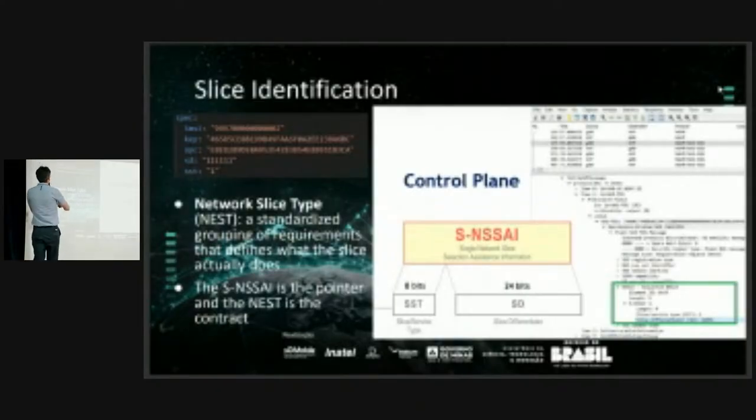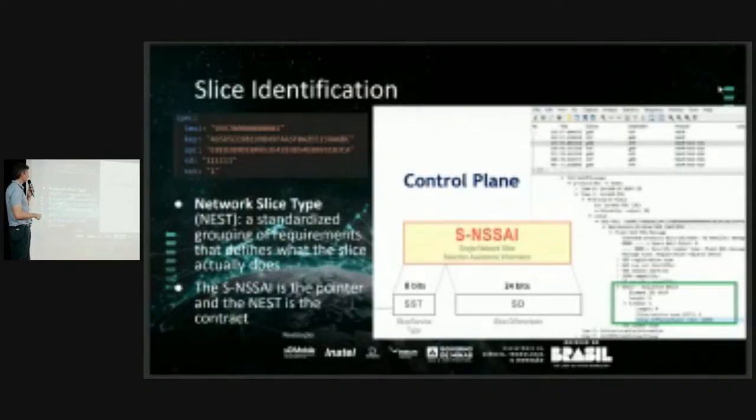For example, SST 1 is one mobile broadband, MBB, type. The number of this slice is 111. And this is a security part for the identification and the UE connected in this slice. Now we configure it dynamically; in the first time it was static, and now we are using more automation in these parts. Gustavo will show it in his demo.